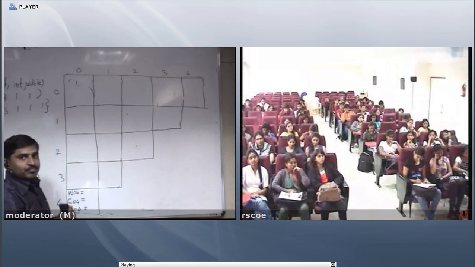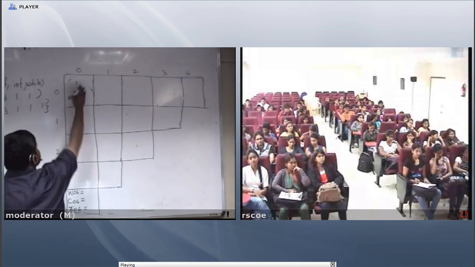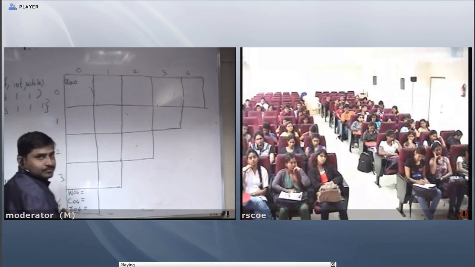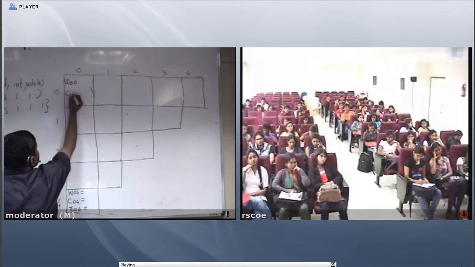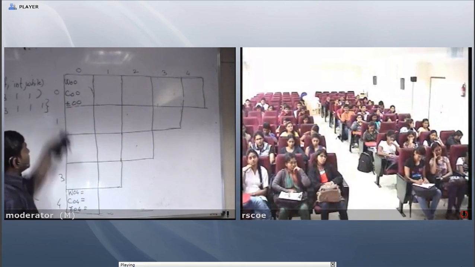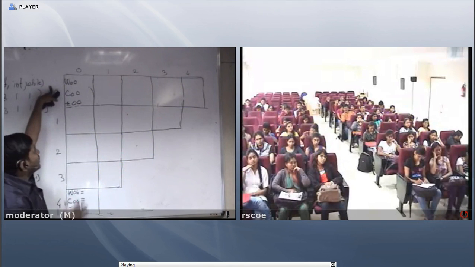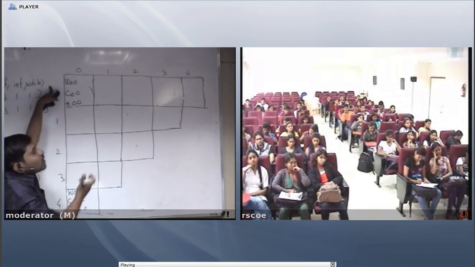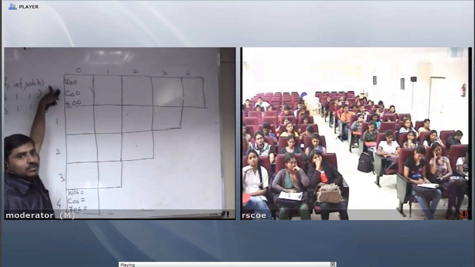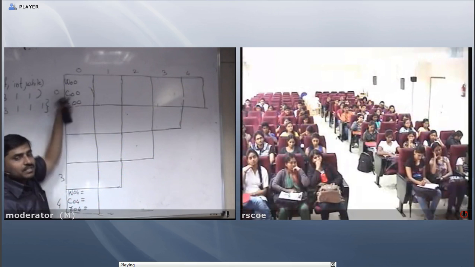Initially there is no root, so I write the weight of 0, 0, cost of 0, 0 and root of 0, 0. I start from the initial stage, just like in knapsack I consider the first entry equal to 0. Similarly here I start from no root. Clear? So the cost of 0, 0 is nothing.